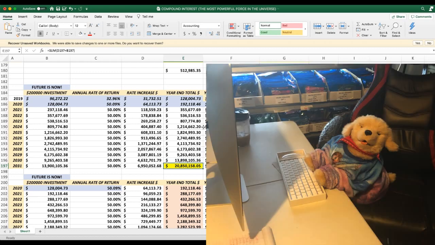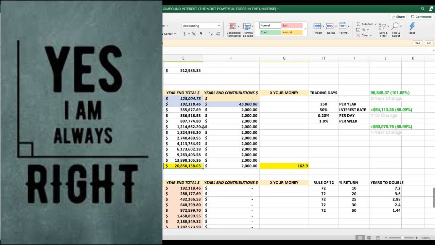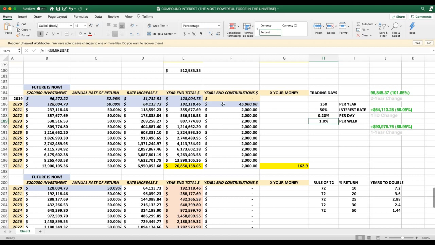And that seems ridiculous. When I even look at these numbers, I'm motivated, but I'm baffled. I'm like, wow, is this really correct? And it is. These numbers are right. And this is 1% per week. Oh, here, I put this on for contributions as well, because we plan on putting another 45,000 in contributions to this general brokerage account before the year end. I'm not sure when that's going to play out, but that'll definitely boost it up and give us a difference. Let's say I didn't put it in there, didn't decide to: 20.8 million.